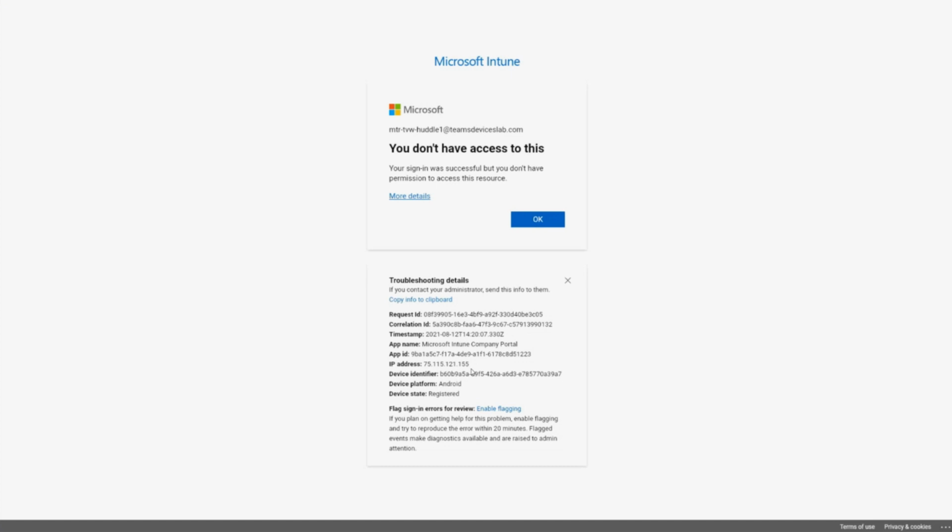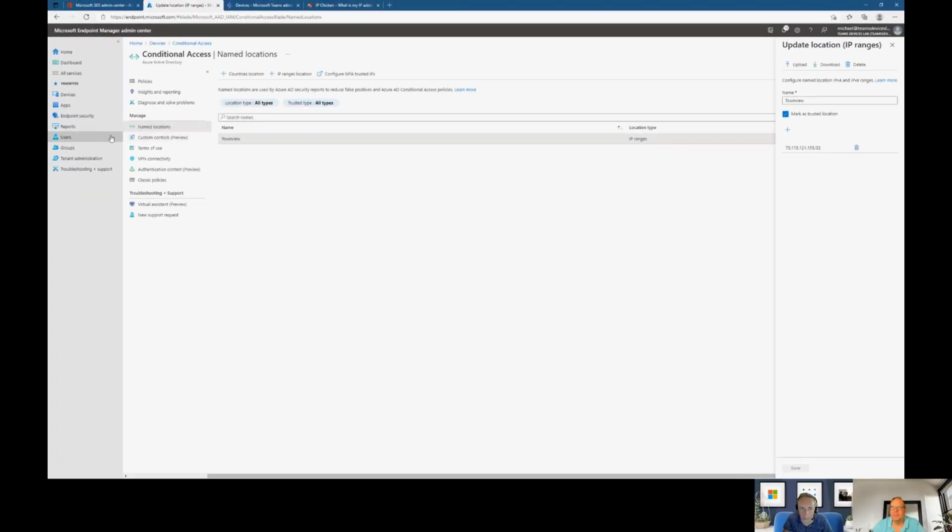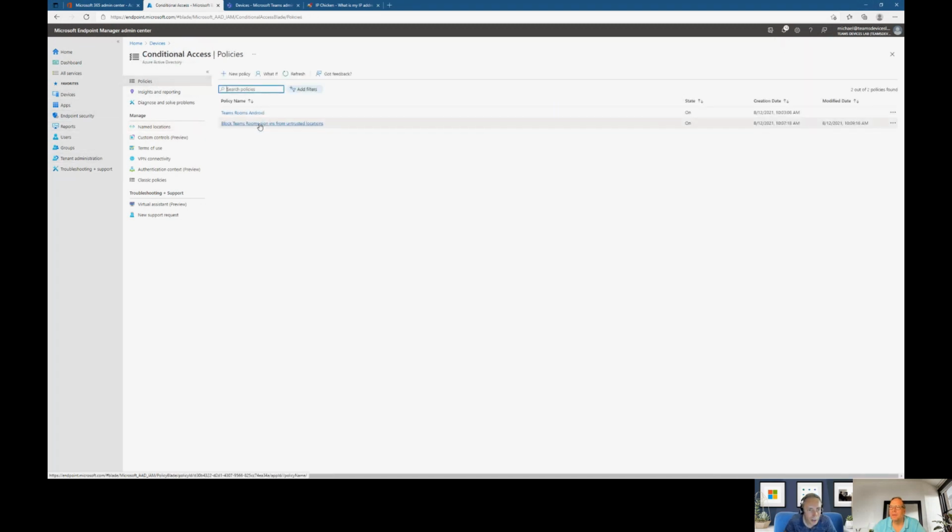75.115.121.155. It's registered. Okay, let's go back to our block policy. Conditional access, right? Yeah. All right, I'll get to that. I am there. Policies. Yeah, you're there. Let's go to policies, and then let's look at the